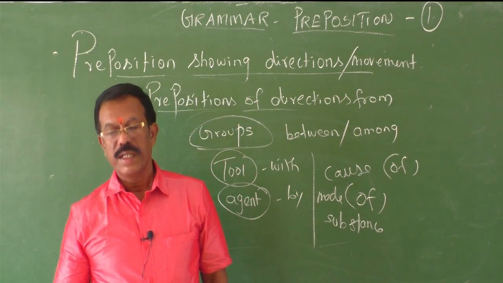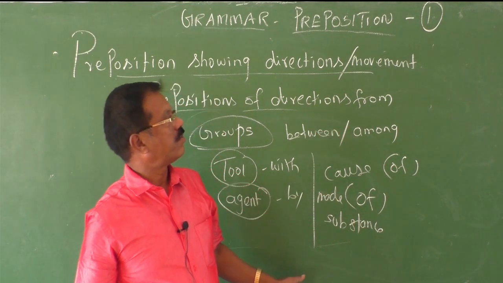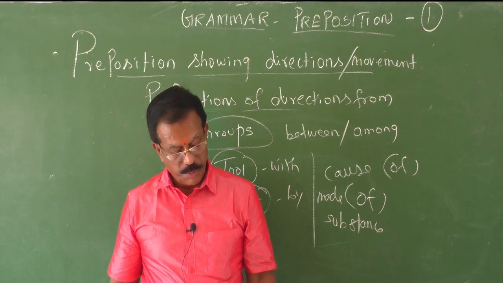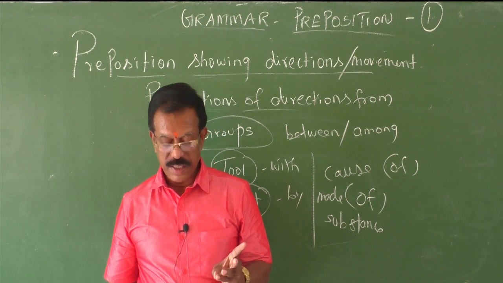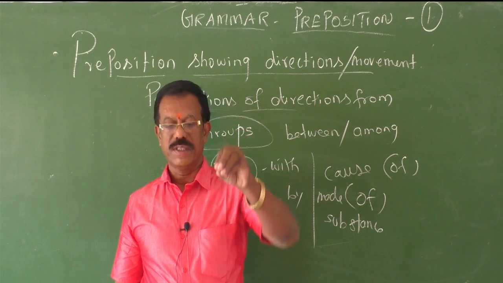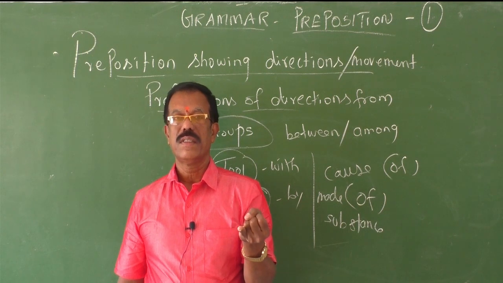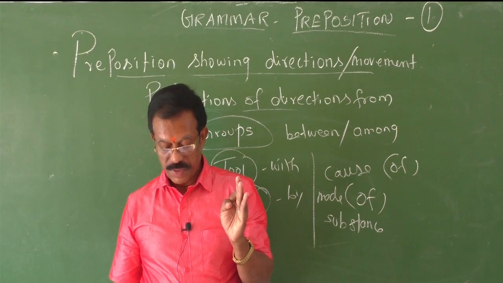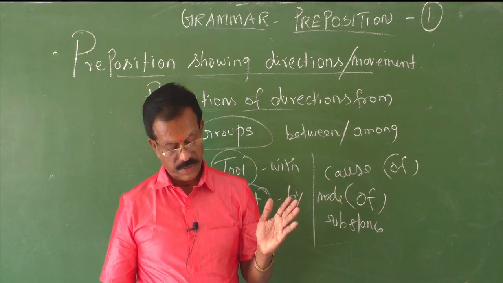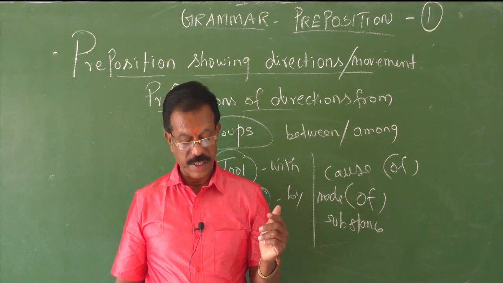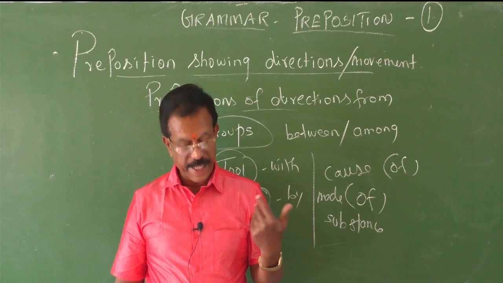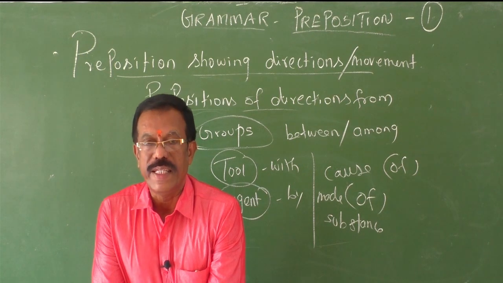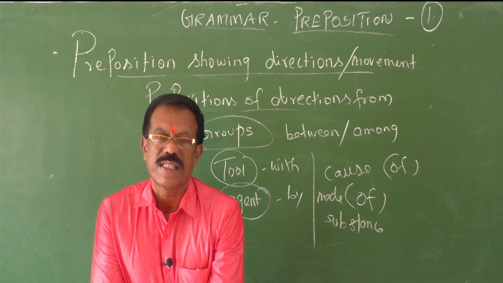So children, now let me sum up. So far I have taught you the various prepositions used to refer to movement and directions. When you want to refer to towards, you can use the prepositions for, to and into. Okay, right. When you want to refer to from, point of departure. From means point of departure. Towards means the direction towards something. Then out of, from the interior, of, from the surface.